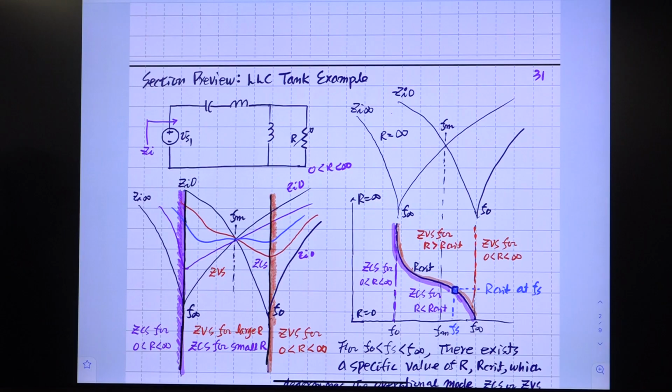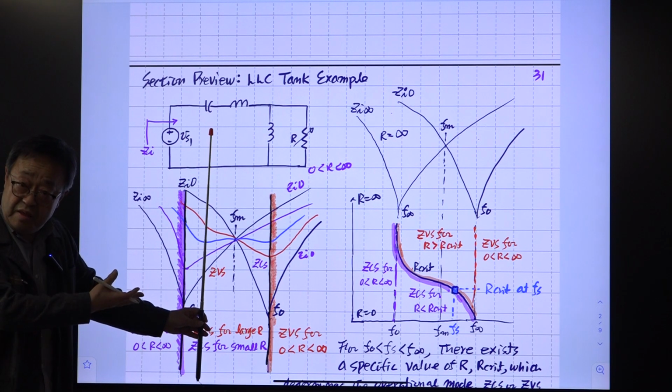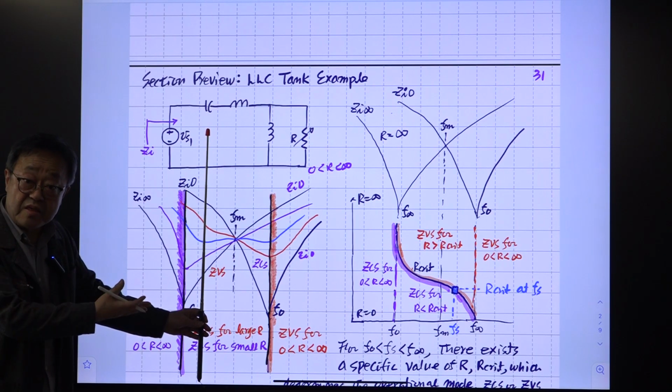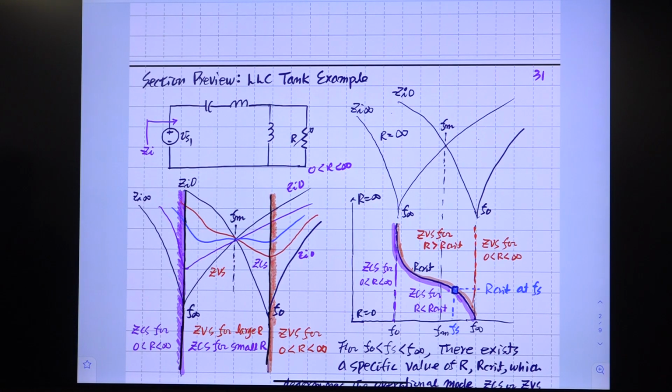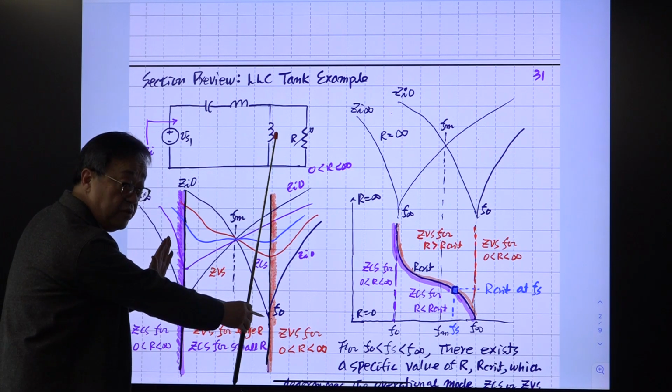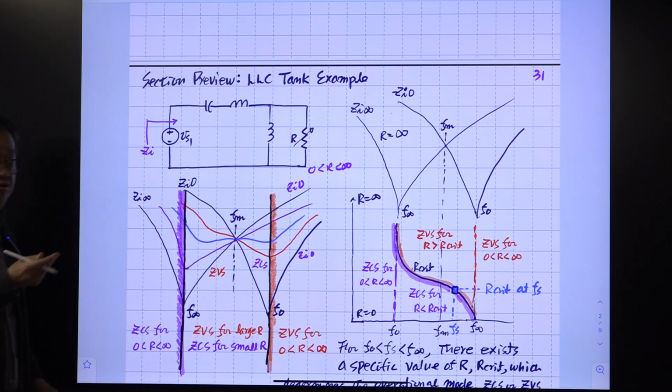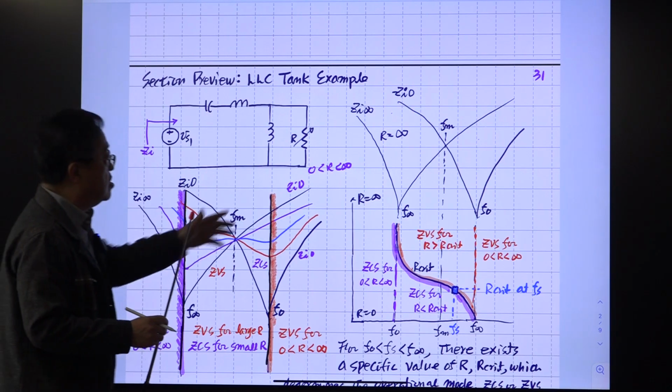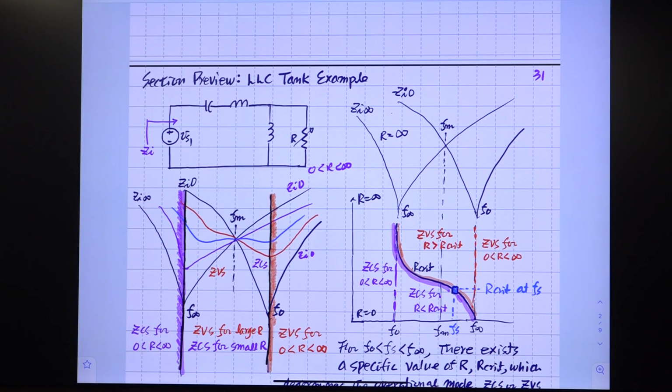All right. Then the problem is, at a particular frequency, how large R should be for the GBS, right? That is a problem, okay? That problem has an exact, complete answer, which is shown here. For this in the mid-frequency range, there is a specific value of the R critical, which defines the operational mode of the converter. Okay. So take a look at this plot, this right-hand side plot.